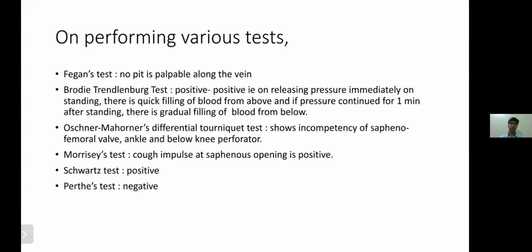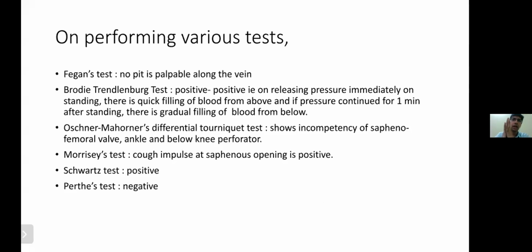But because you should know this test, let us start with the Brodie-Trendelenburg test. There are basically two parts to this test, part 1 and part 2, and that is how you say positive, positive, positive, negative, negative, negative. That is the most important test. As I said, clinical treatment depends on these things. First, the grade, because of how severe it is, and secondly, if the grade is within the treatable surgical intervention limit, what is involved, because that is how we plan the surgery.